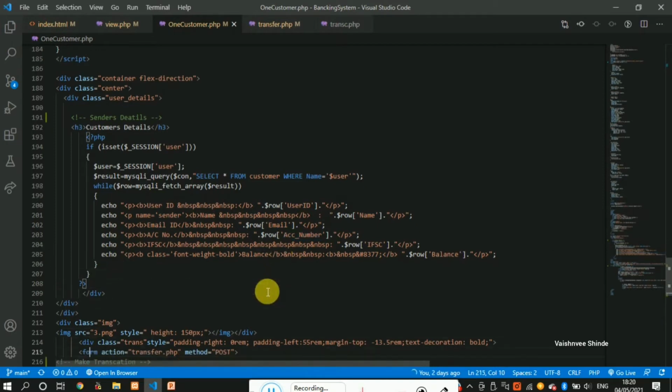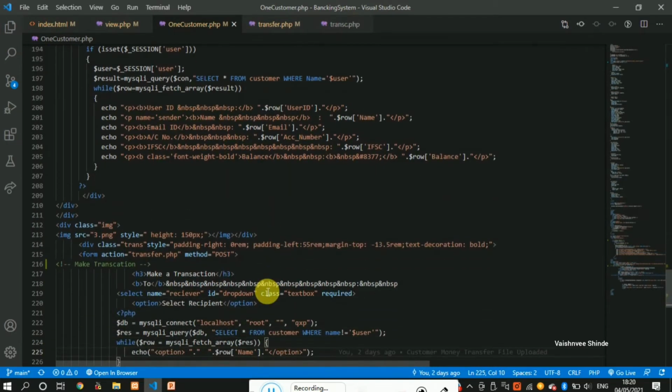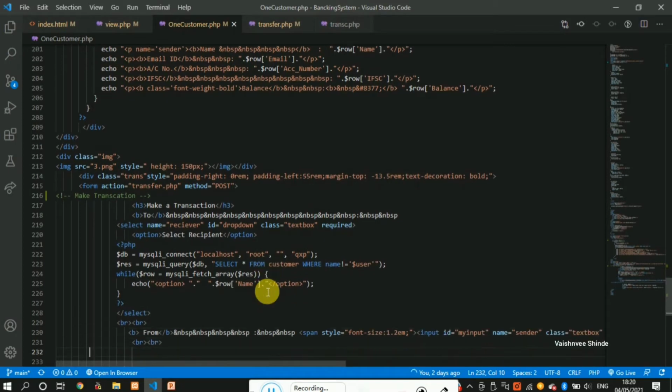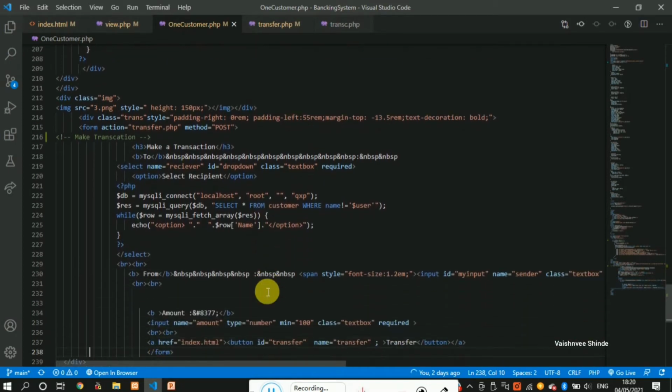It may happen that the customer which you have selected is not present in the database. At that moment, you will get an acknowledgement that that particular customer is not present in your database or in your table. Once you have selected the customer to perform the transaction,